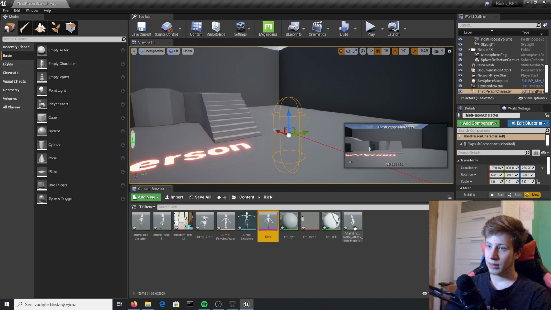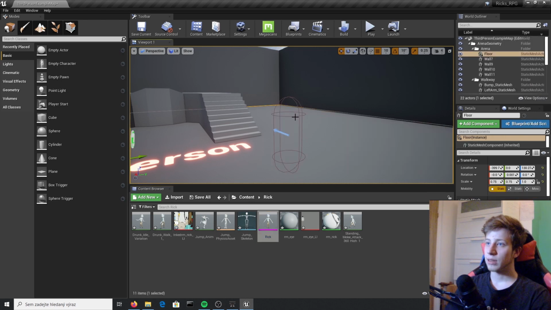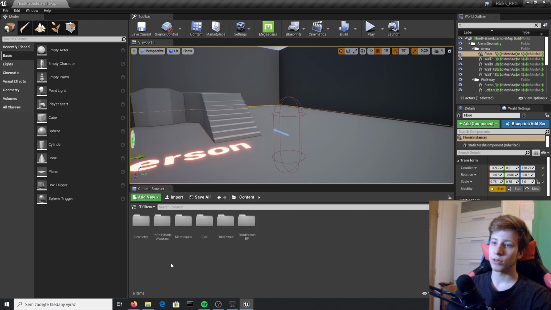Okay, and I don't think we need to take care of anything else for now. So let's again click on third person character, select it here. Now it's a little bit hard to click on it because we have deleted our mesh. Oh, you know what? I will actually show you a better way to achieve that. Let's go to third person